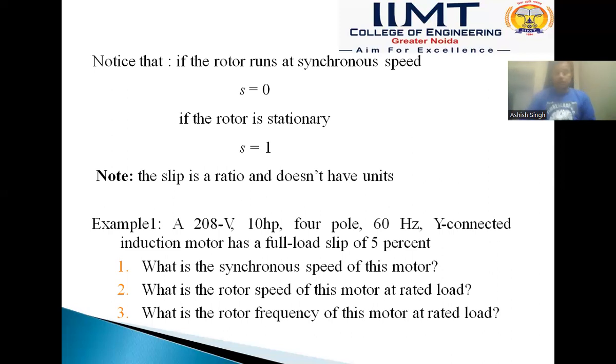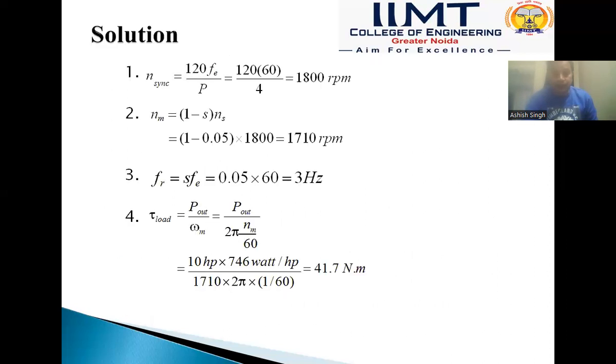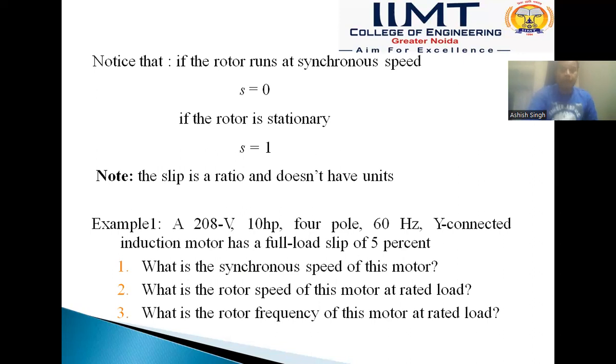Here the data is given: frequency is 60 hertz, number of poles is 4, and full load slip is 5%. So Ns equals 120 f upon P, as we know. After putting the value of f and P, we get synchronous speed equals 1800 rpm. After getting synchronous speed, we have to find